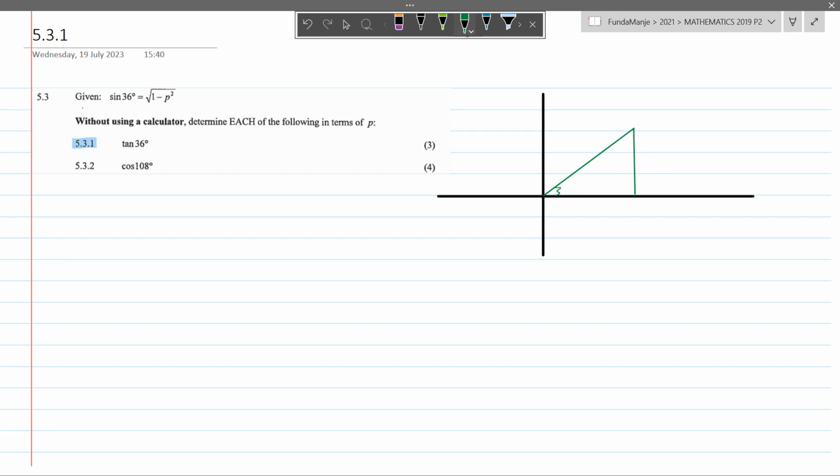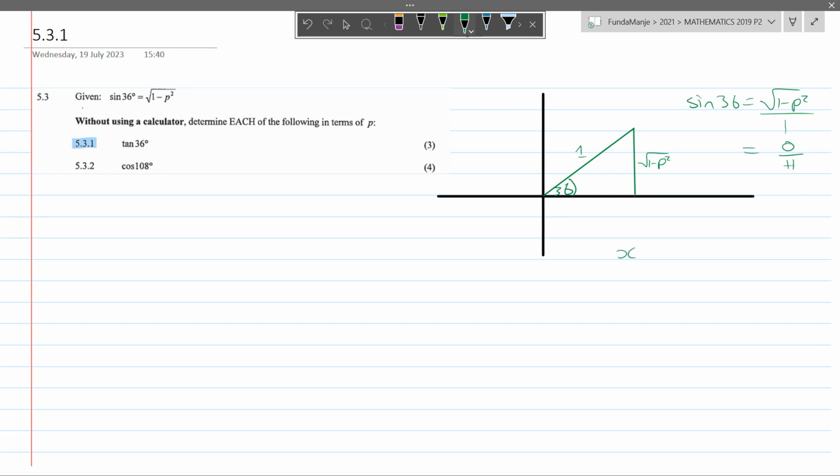Here is your angle 36°, and since we know sin 36° equals root of 1 minus p squared, we also know this is over 1, so this is the same as opposite over hypotenuse. So our hypotenuse would be 1 and the opposite side would be root of 1 minus p squared. Then, to find your missing side, which can be represented by the value of x,